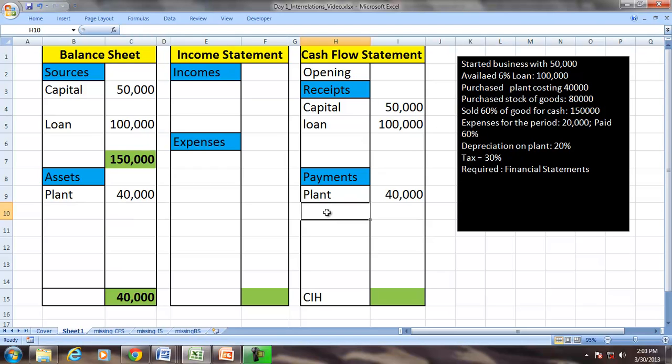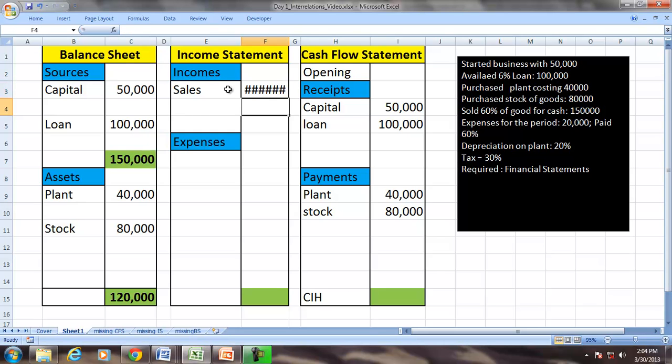Purchase stock of goods. So stock of goods 80,000, a payment, and stock is an asset as on this date, and will become an expense only when it is sold. Sold 60% of the goods for 150,000. So now this is a sale,